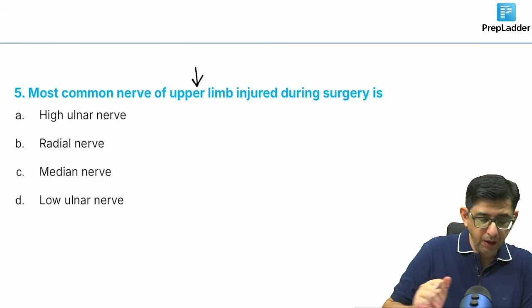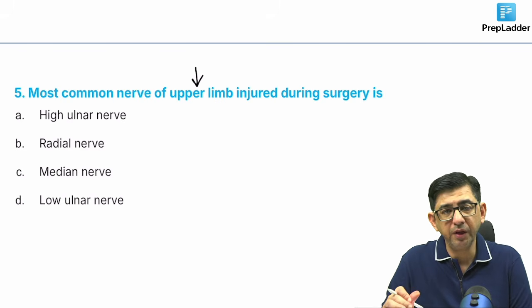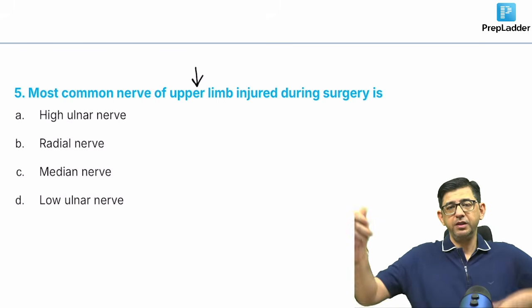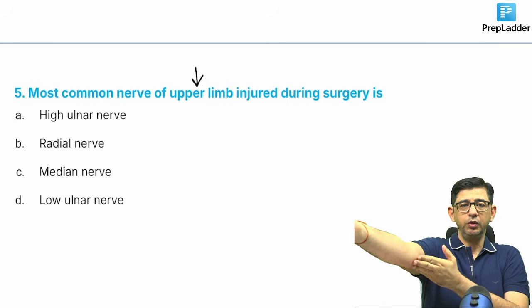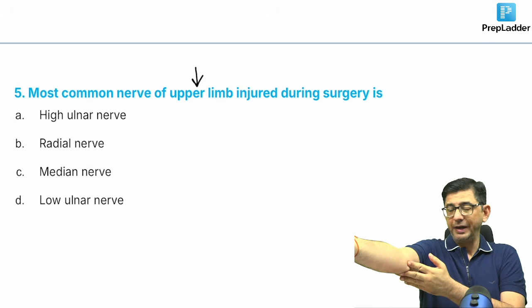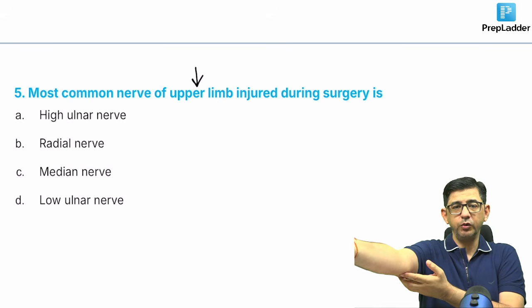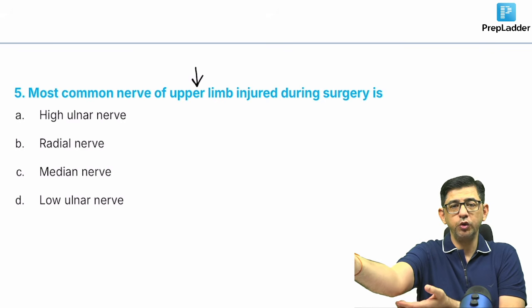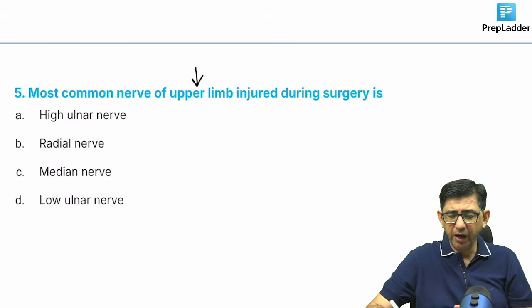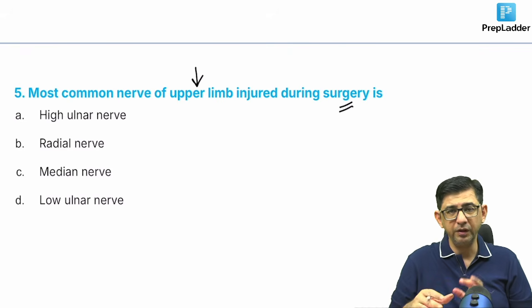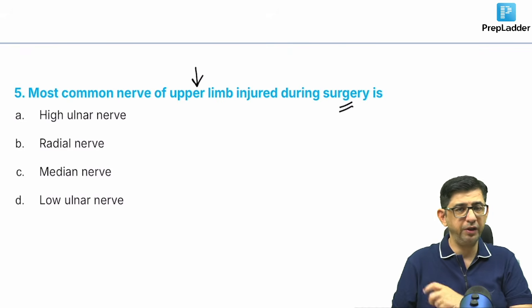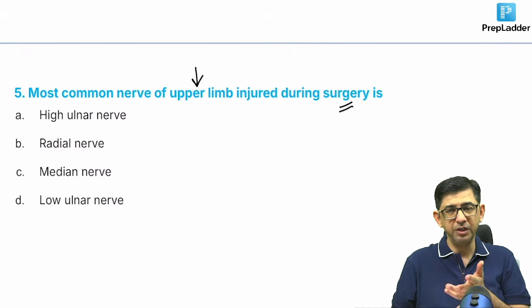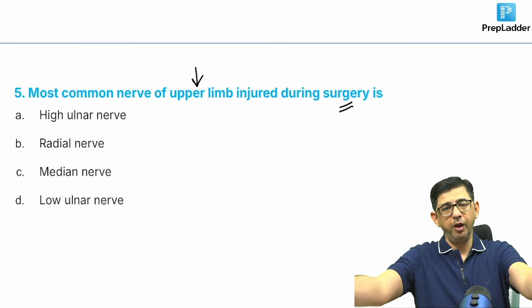Okay, very good. You see, when a patient is lying on the OT table, the nerve going behind the medial epicondyle is called the ulnar nerve. The ulnar nerve will get compressed against the OT table. So the most common nerve of the upper limb that is injured during surgery, it can be any kind of surgery. Don't think that this question is limited only to orthopedics. It can be any surgery. Any surgery is done, like patient lying in supine position, it can be laparotomy also.